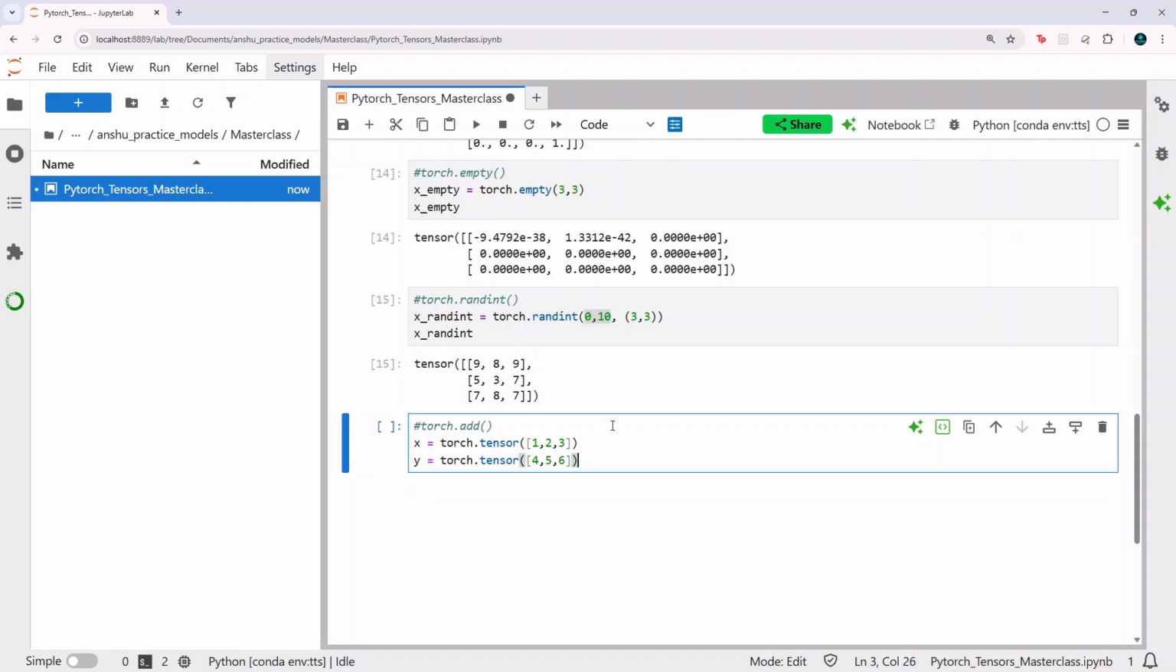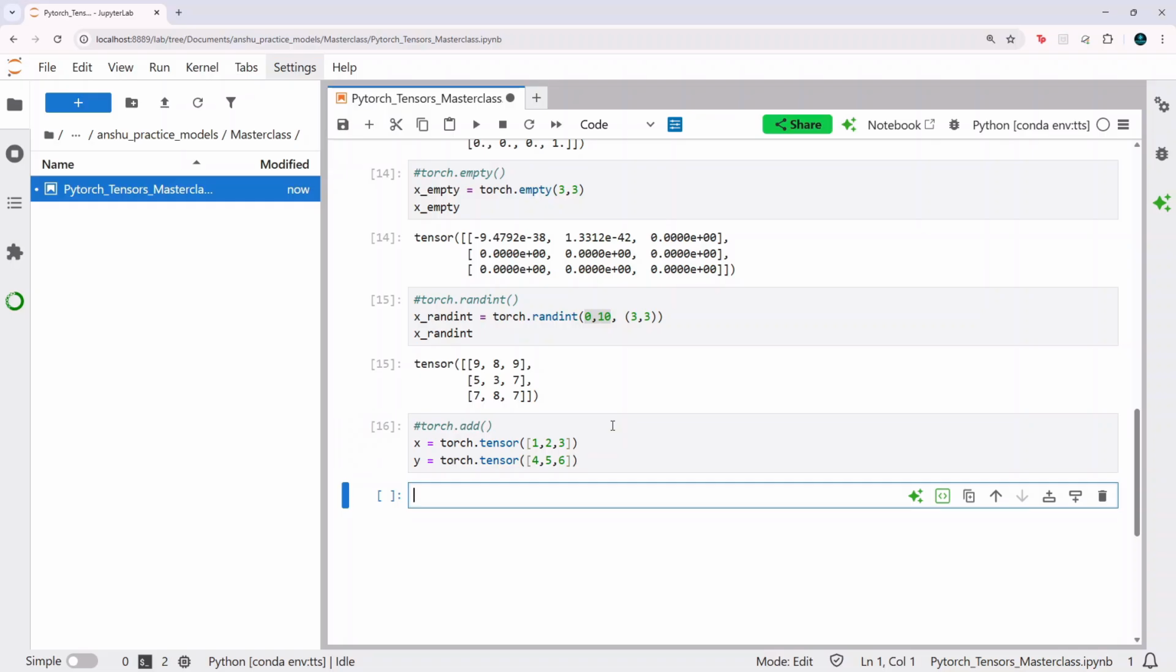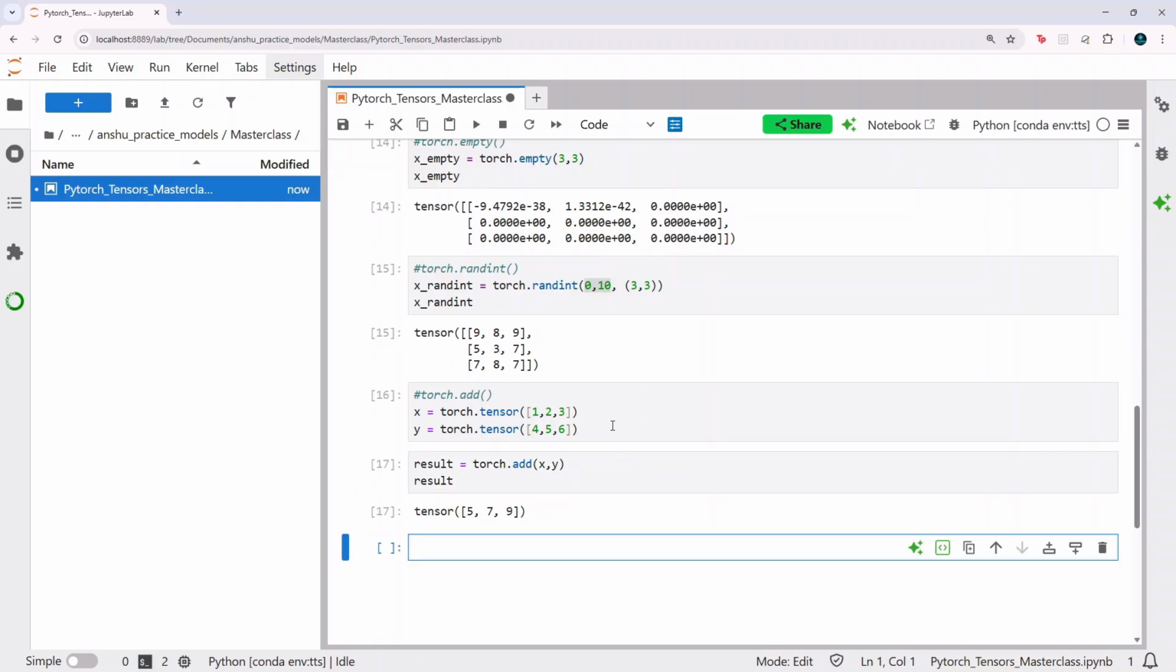And let's do the addition operation. So I'm going to say result equals torch.add(x, y). And let's look at the result. So you get 5, 7, 9. Now what you see is the tensor is doing element-wise addition. So 1 is added to 4, 2 is added to 5, and 3 is added to 6, and hence you